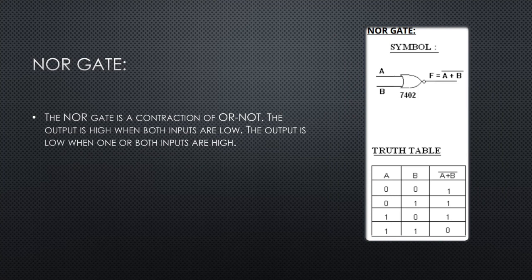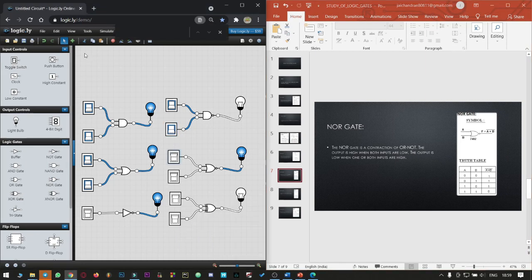Similarly, we have the NOR gate, which is the complement of the OR gate, and can also be called a contraction of OR and NOT gates. So here, right from the truth table, we could see that the output is disabled only when both the inputs are enabled. That is, when both the inputs have the value 1, the output is disabled. A plus B complement is 0 only when both the inputs are 1 and 1. Apart from that, in all the cases, the output is always going to be 1.